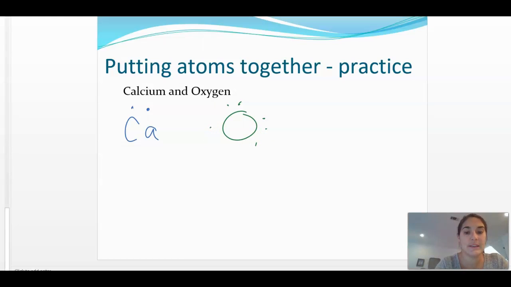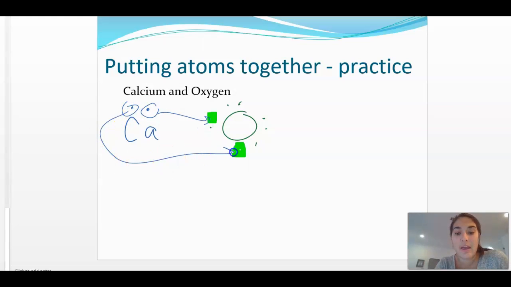And so what you can see here is that the oxygen has these 2 empty spots. What's great about this example is that calcium has 2 to give, and oxygen needs 2. So calcium literally just is like, whoop, you can have 1 and you can have 1. Done. It can just give those 2 electrons for the 2 that oxygen needs. And so it's like a beautiful, perfect picture where they just smoosh together because you have those 2